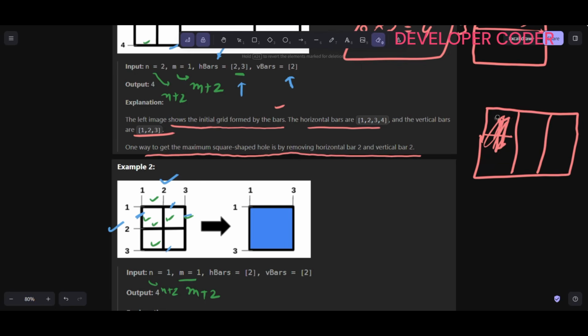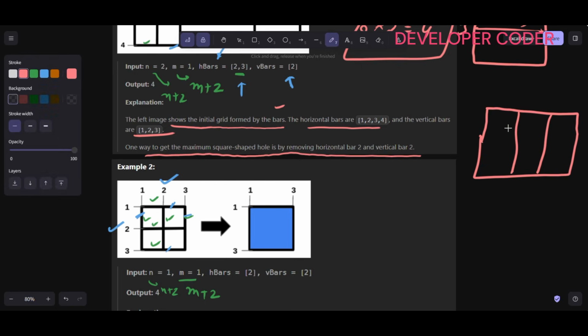Same way, if I delete this, vertically we have this much area now, right? So here we are just dealing with the consecutive bars. When I'm going to delete the consecutive bars, I have the chance to get the max area. Clear this part? Whenever I delete the consecutive bars, I have the chance to get the maximum